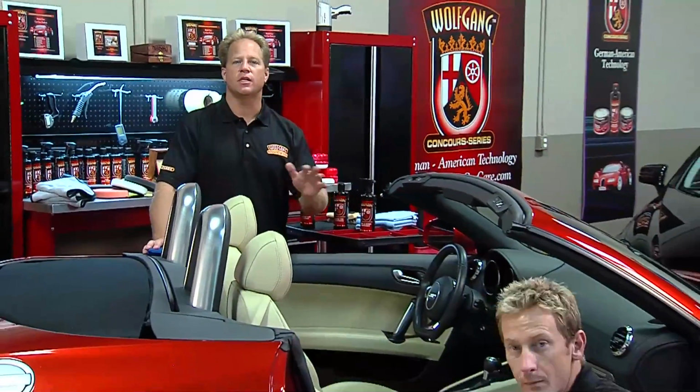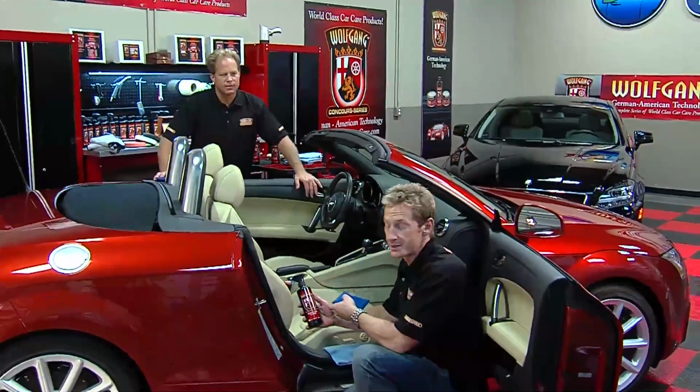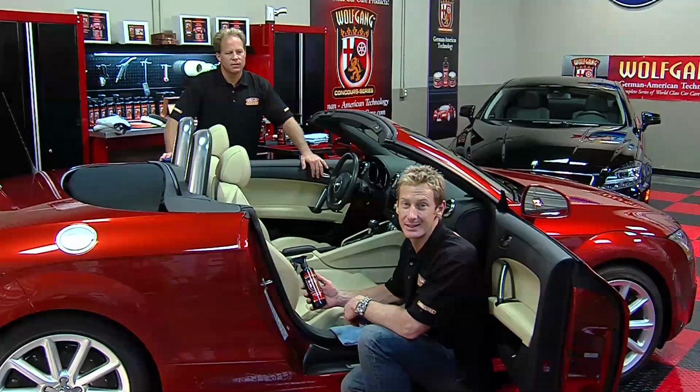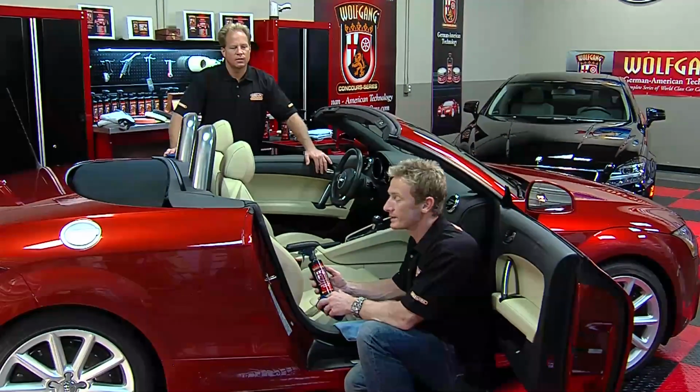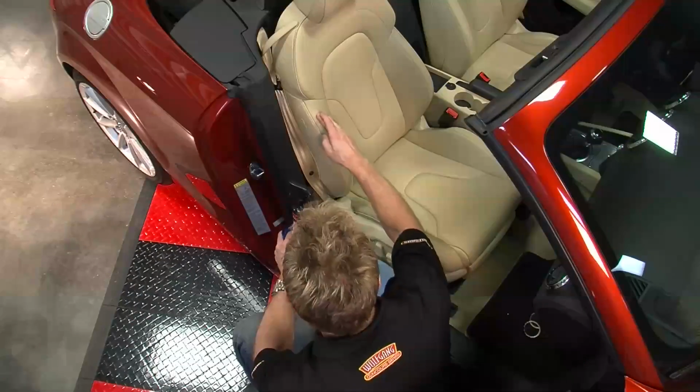Now we're going to share some tips and techniques to help you detail the inside of your car. What we're going to utilize is the Wolfgang leather cleaner on these leather seats, obviously. Now it's great because it's pH balanced, it's biodegradable, and it's got a citrus blend to it. What's nice is it doesn't have any petroleum solvents in it, which could damage that stitching and make it